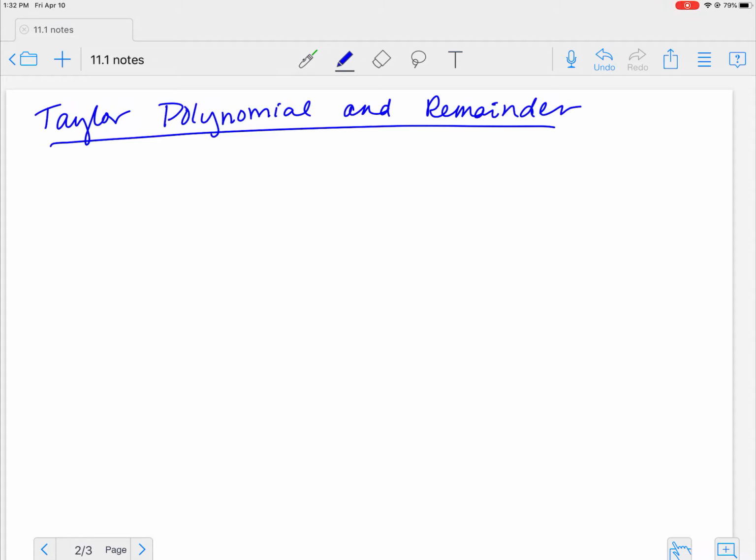Okay, so here's what you really need to get out of these Taylor polynomials. So we talked about that definition. Now here's the deal. When you have a polynomial, then you have this remainder, right? And so the remainder is saying, okay, how close is this going to be to my actual function? So my Taylor polynomial here is going to be f of x is equal to my polynomial centered here around a plus my remainder